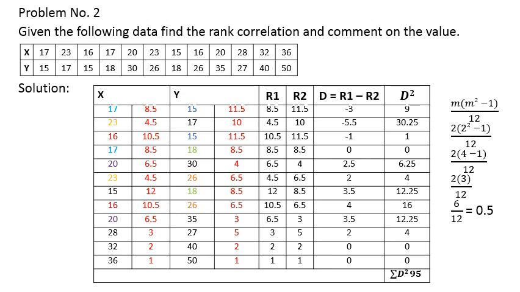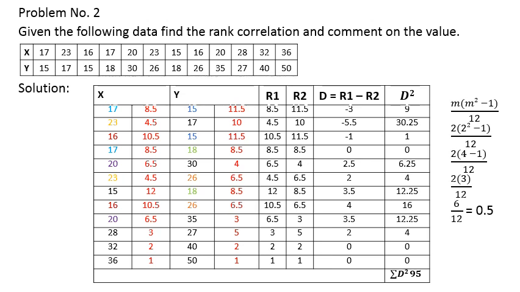Next highest is 18. The rank is 8.5 because again that 18 is repeated. If it is not repeated then it is 8th rank, but now it is repeated, 8.5. Next highest is 17. That is not repeated, then it is 10. Next highest is 15. That is repeated twice, so the rank is 11.5.